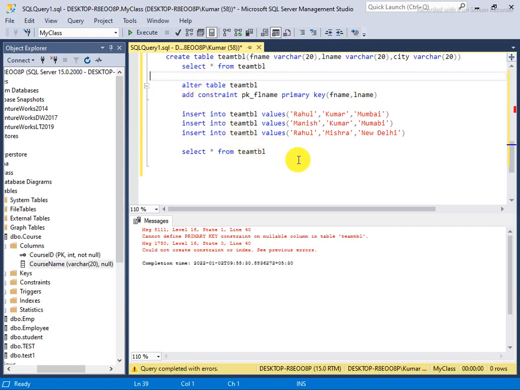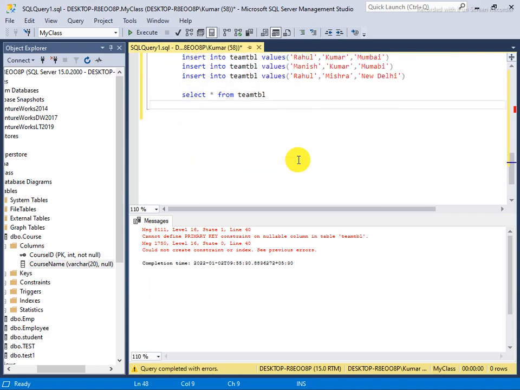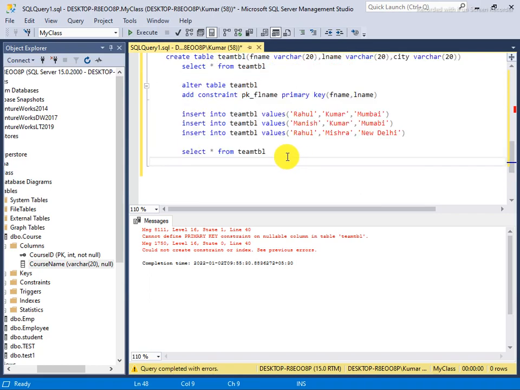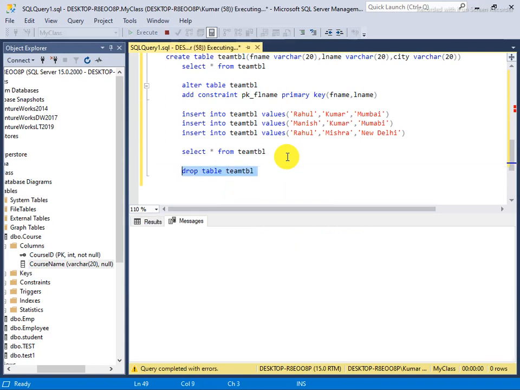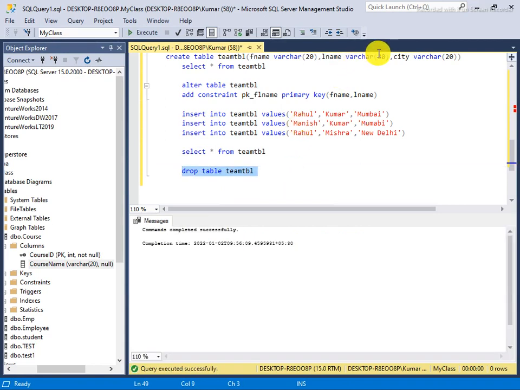So this time I'm dropping the table, but as I altered the table last time, you can do it in the same way. Team TBL, and I say here not null, and also for this not null.